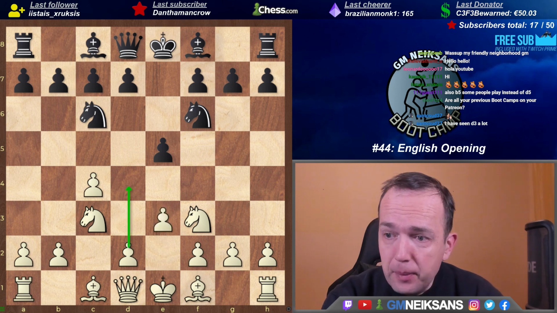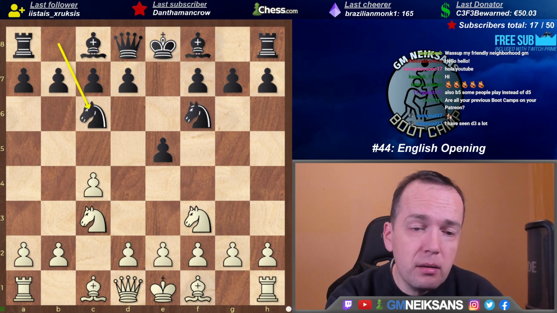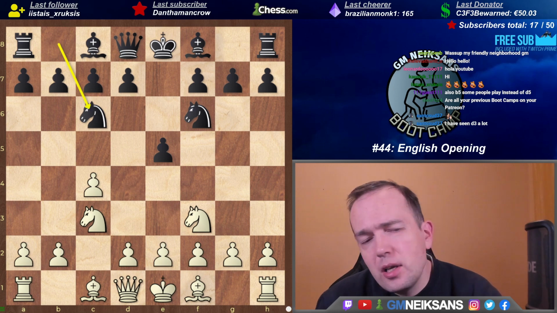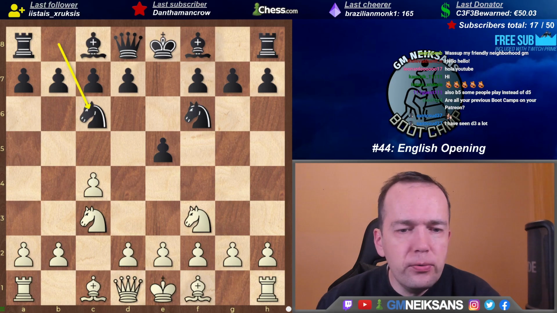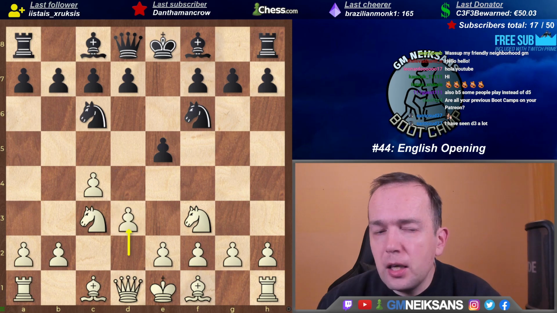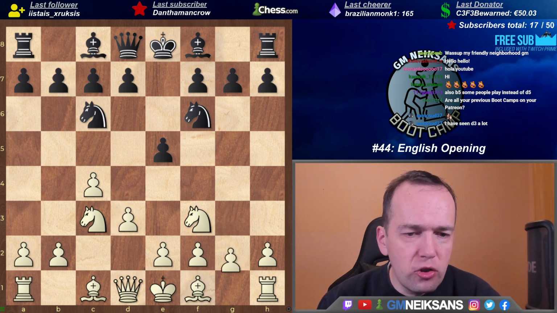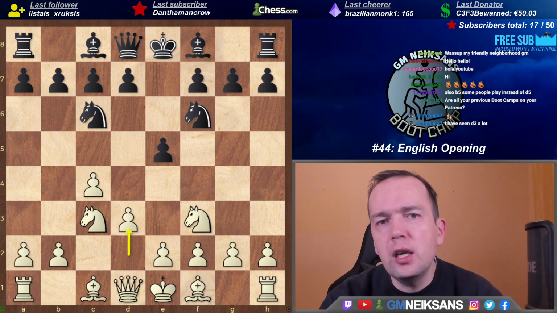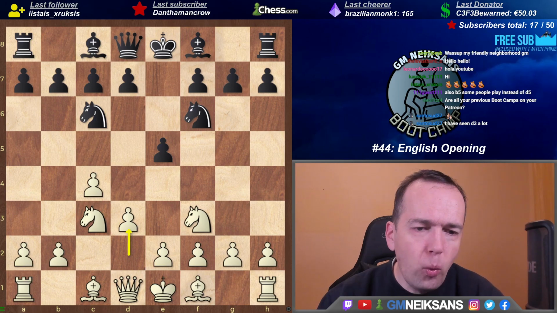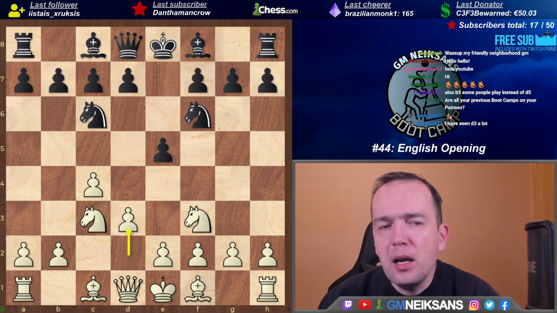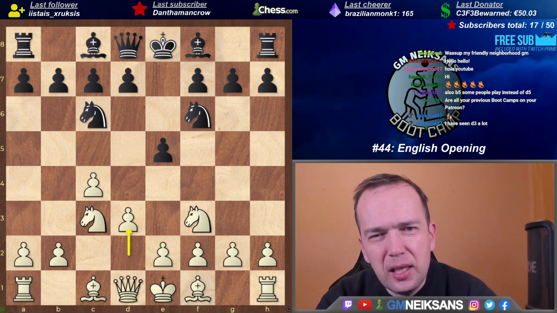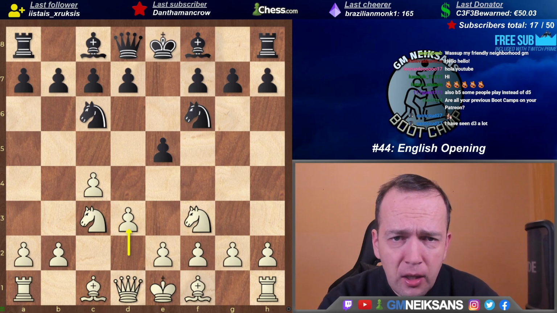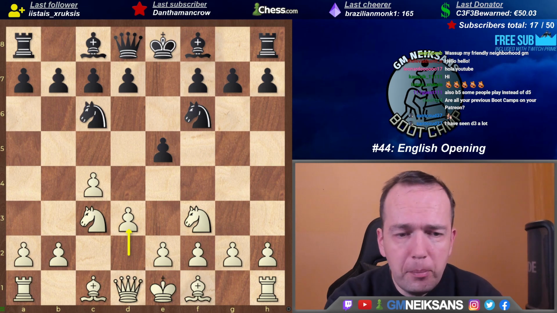But we're going to play e3. And yeah, I mean, also d3 is a move. There's some side moves, I'm definitely not going to argue. There's a d3 move. d3, I think, mainly transposes to the g3. This is a very tricky move order. White wants to play g3, and in some lines, white wants to play e4. So I think you can definitely experiment a lot in this position with the move order, but now let's stick